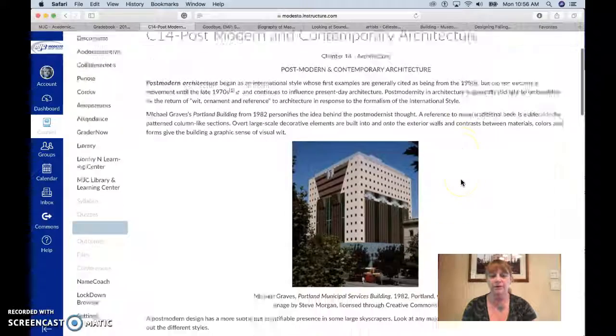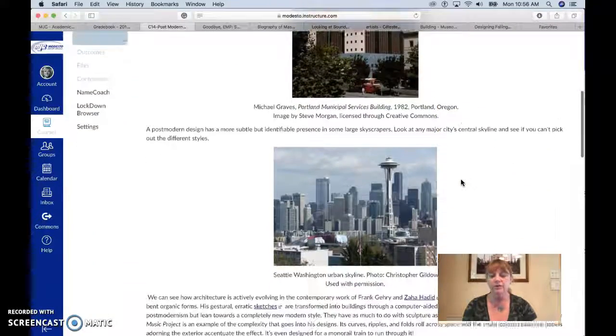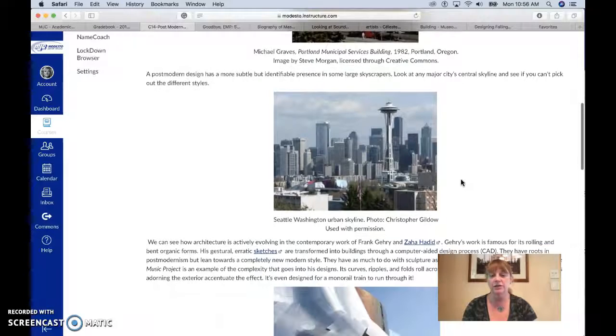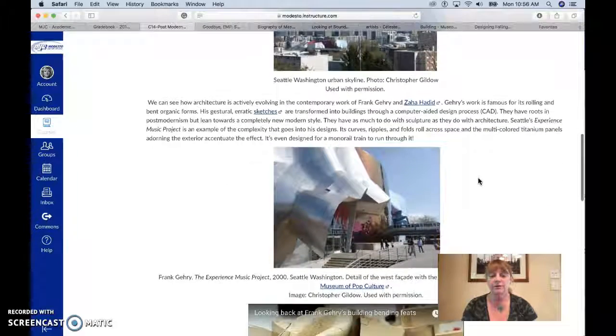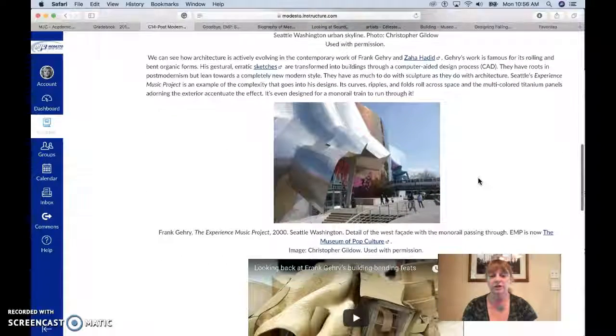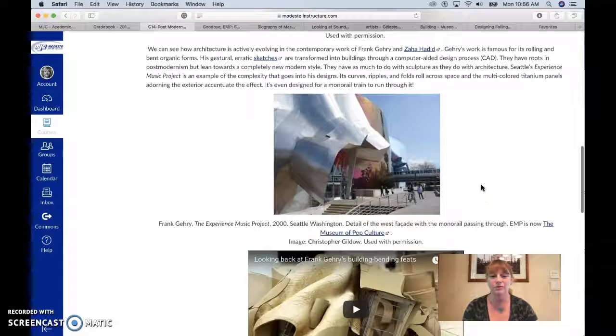Postmodern, contemporary, Michael Graves, Seattle, Washington's skyline, and a bit about the Experience Music Project, which is not the Experience Music Project anymore. The building is the same. This is Frank Gehry's design, and it is still the same, but it has now been turned into the Museum of Pop Culture. And I provided the website there for you, but it doesn't really show you much about the